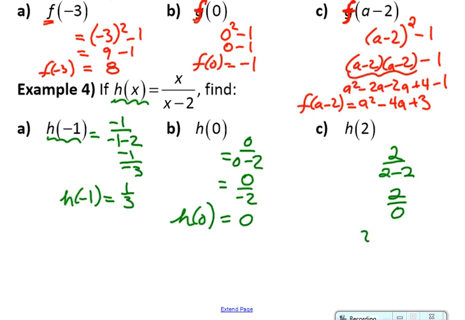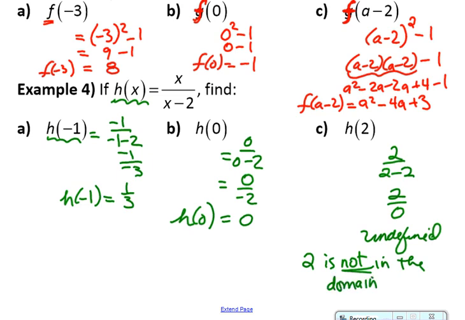Division by 0 is undefined. So that means when I put in a 2, it kicked it out and didn't give us an answer. So we'd say that 2 is not in the domain of